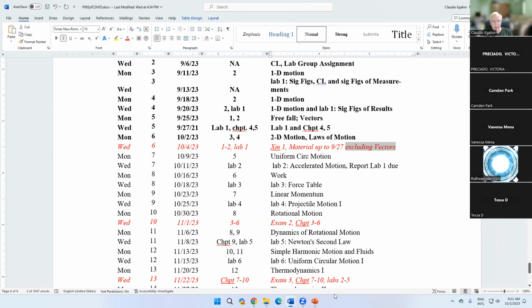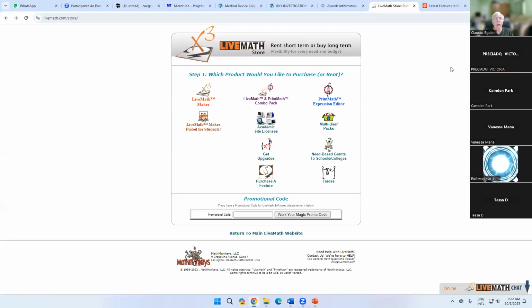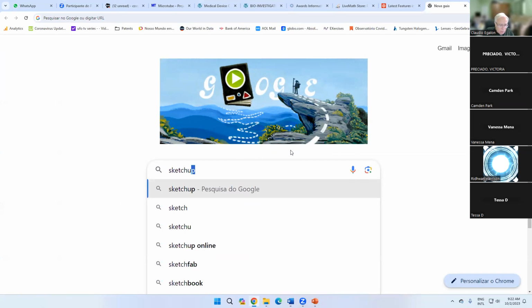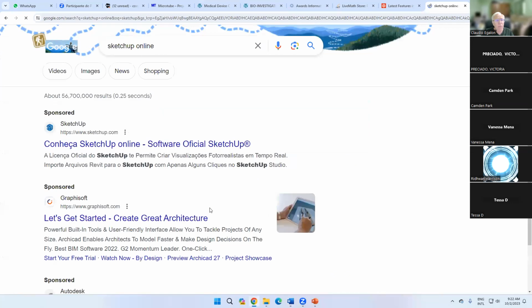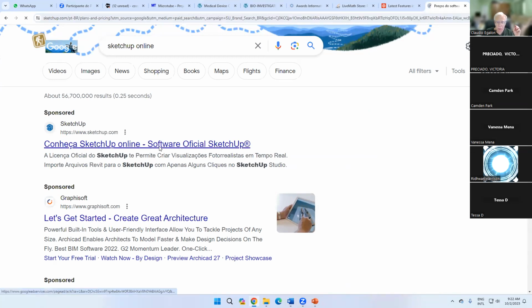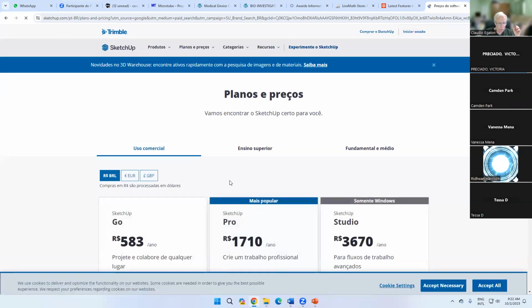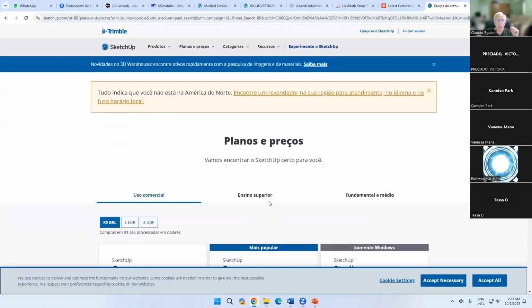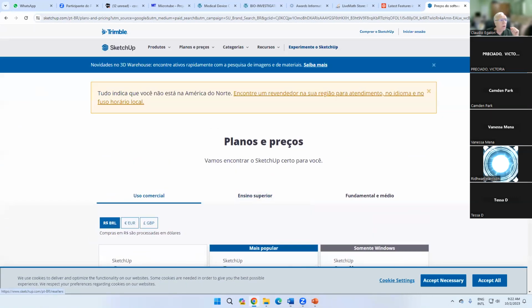Let's take a look at SketchUp. Regarding the 3D program, I think that Google has a computer program that I started using some time ago called SketchUp. Okay, and it was free of charge. So, oh no, they're charging. Oh gosh. There must be another program. I don't see SketchUp. Google's,